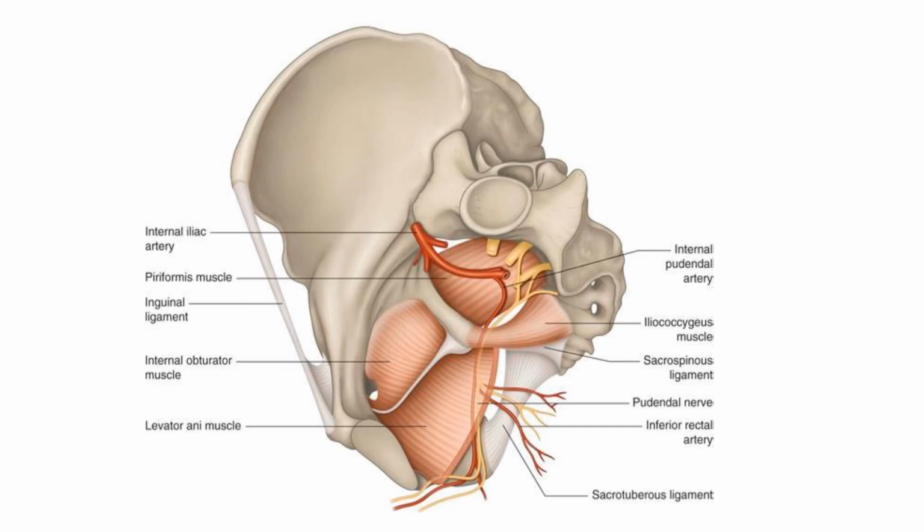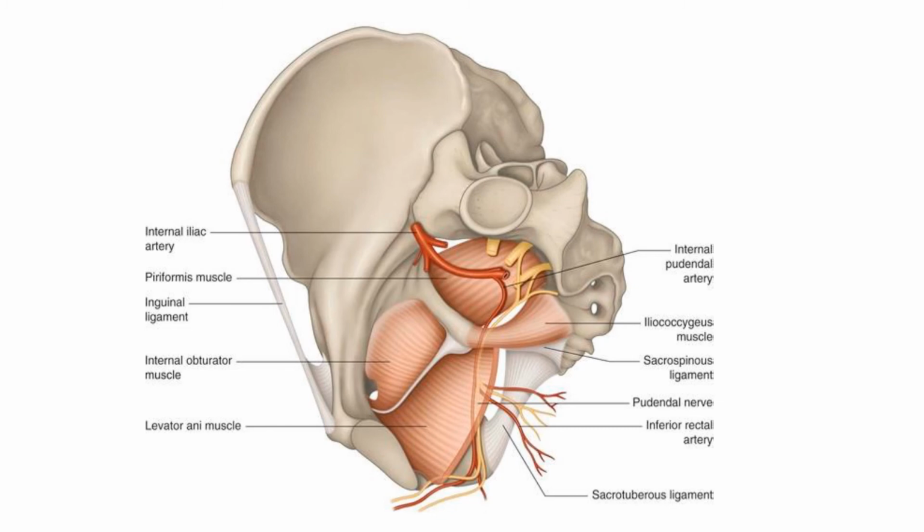Now the nerves of the pelvis may be considered in two groups, somatic and autonomic. In the somatic group comes the obturator nerve, and the second is the sacral plexus. You can learn all this in the lumbosacral plexus and its branches. The second group has 5 nerves: nerve to the piriformis, nerve to the levator ani and coccygeal muscles, perineal branch of the S4 nerve, pelvic splanchnic nerve, and also the pudendal nerve and the inferior rectal nerve.